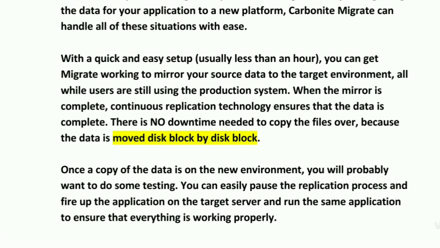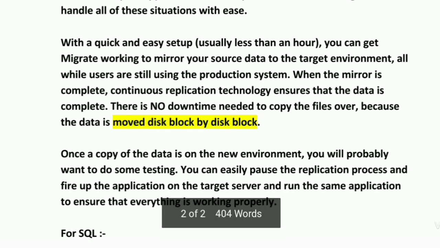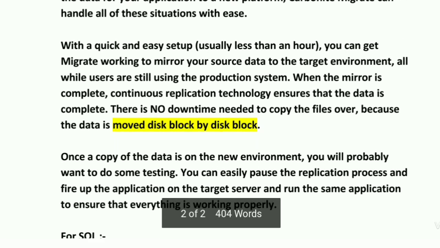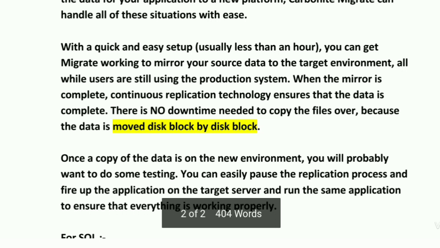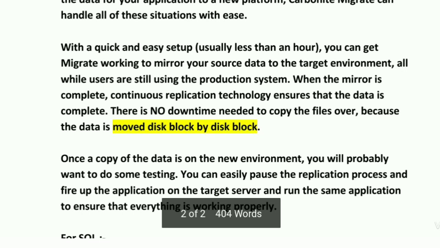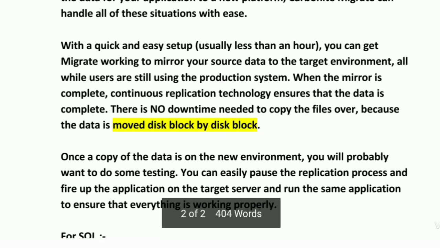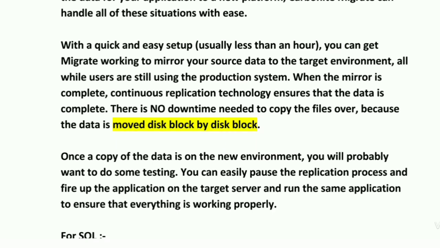This point is very useful. This tool is not taking downtime to move the files. So what does that actually mean? Let's say on the legacy server there are some application files used by the current application, and this tool takes the real-time data replication and pastes it on the target server, and there is no impact either.